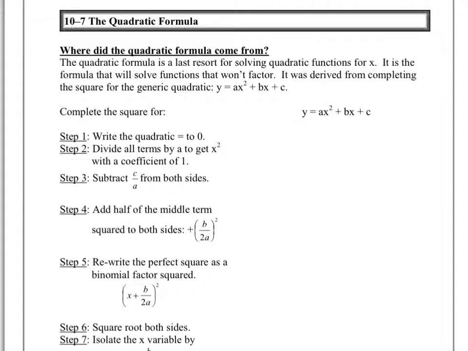In this lesson, we'll be learning about the quadratic formula, okay? So sometimes we want to know, where does the formula come from? Like, who made it up? Well, the reason that the quadratic formula was formed was for functions that would not factor, okay? So they used completing the square, and these are all the steps that they went through in order